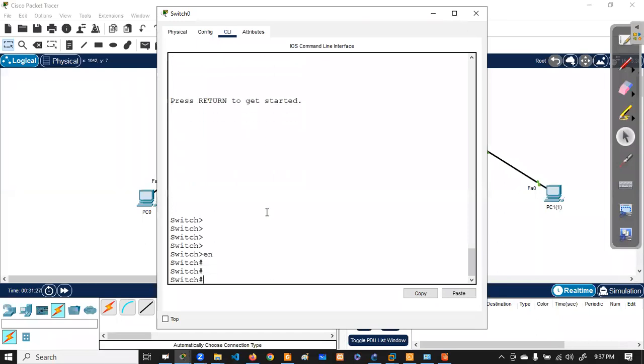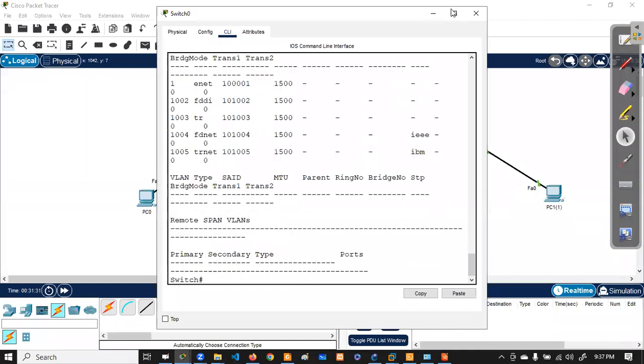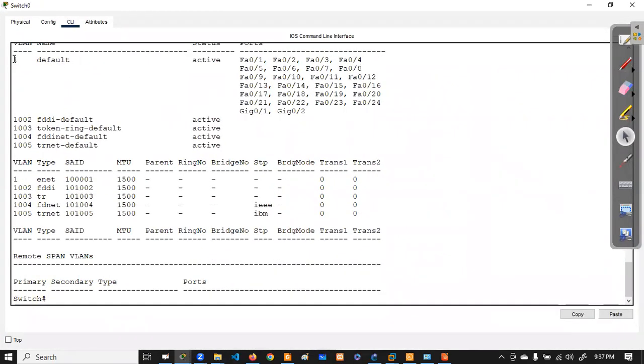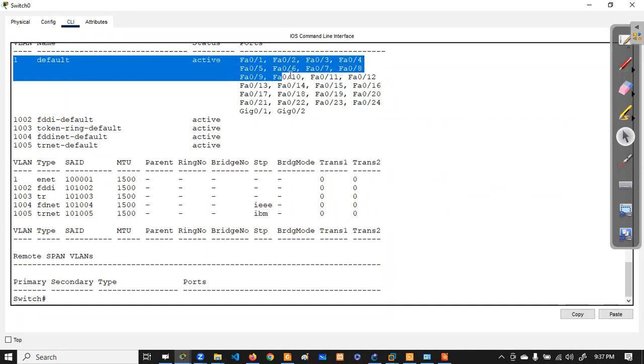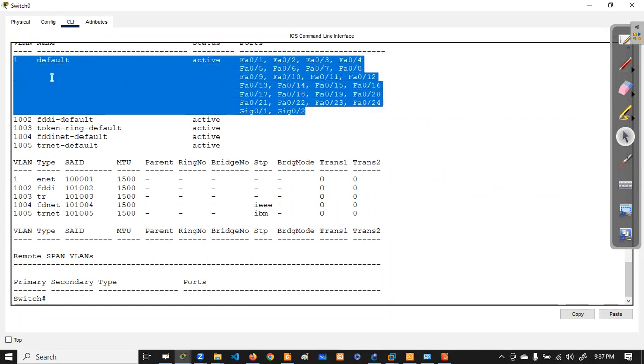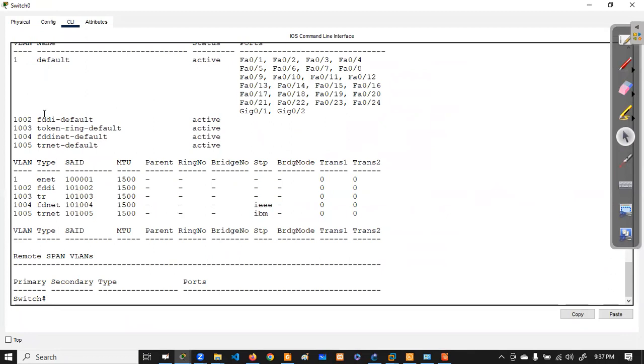Show VLAN. So you can see here the VLANs. This is the default VLAN. All the ports will be in VLAN 1 only, right? If you are creating VLAN and assigning a port to the particular VLAN, you are separating the switch.